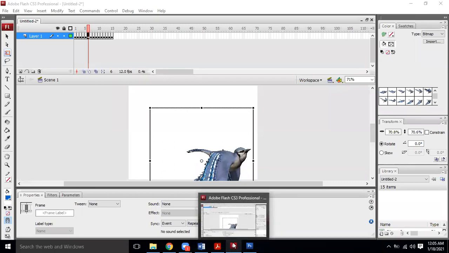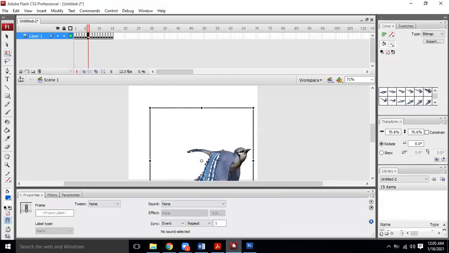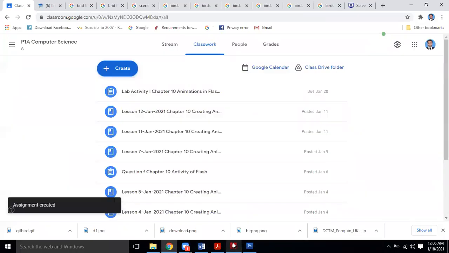Listen, CS3 is freely available because CS3 is not a newer version. That's why. I explained the procedure, and the video is given to you in your Google Classroom, where I have explained how you can download Flash CS3 only, because CS3 is in your syllabus. Otherwise, if you want to download the newer version, you can go to the YouTube video mentioned there. In the description, you will find the links that people have given for the versions which are available. I know that, but I also wanted to ask that in the next syllabus, can you give us more up-to-date books?